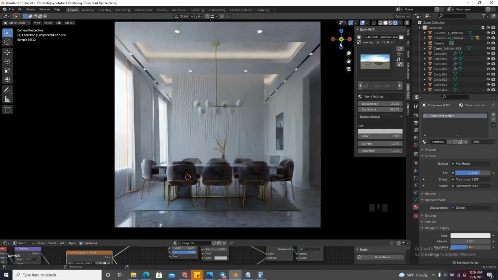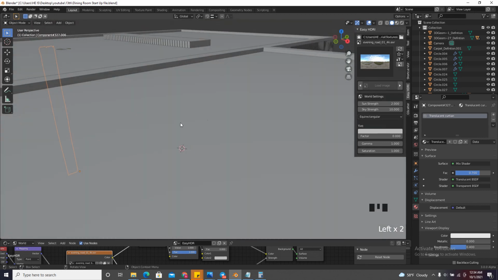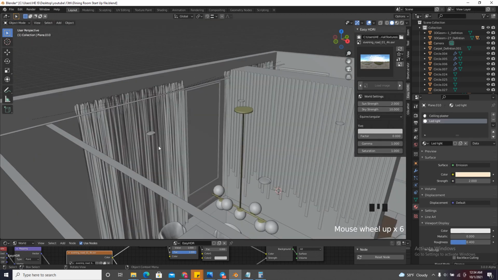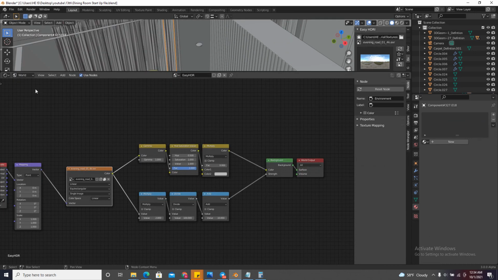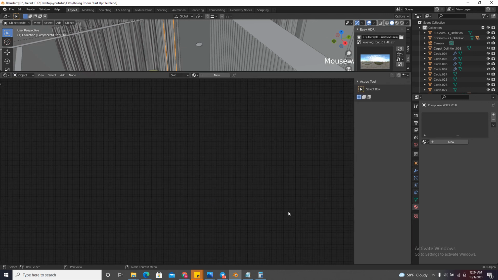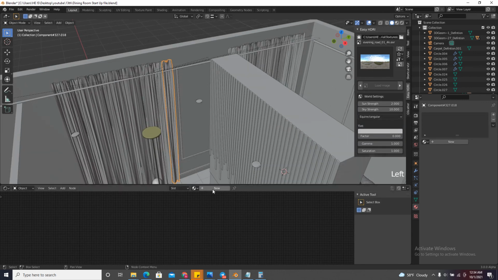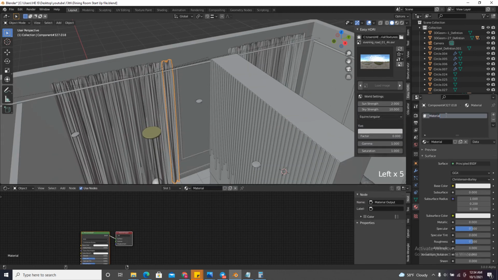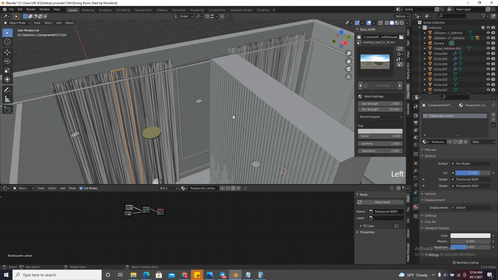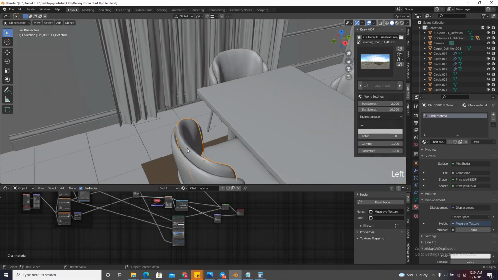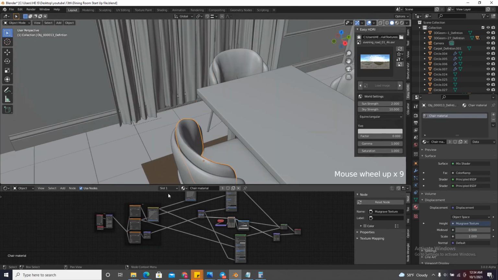So for the other parts, just go to the solid view. Let me hide this one. For this part, what I'm going to do is change this one to object. It doesn't have any material. Press new. I'm just going to type curtain. I'm going to press X, and let me select this velvet material, and I'm going to select